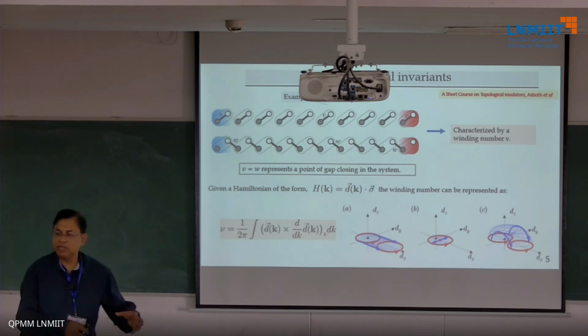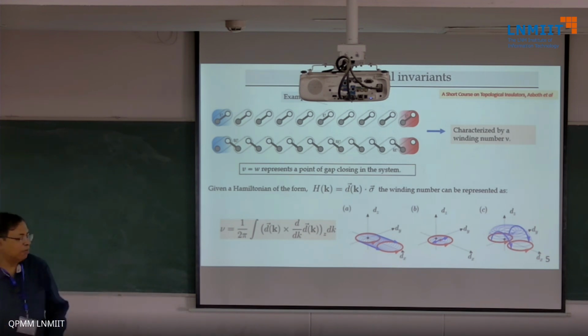So you don't know whether it has actually missed that, or how this transition occurs. So luckily for this model, you have dx sigma x and dy sigma y. And then what you can do is calculate what is called a winding number, which is again like a Z invariant, and this can be calculated like this.